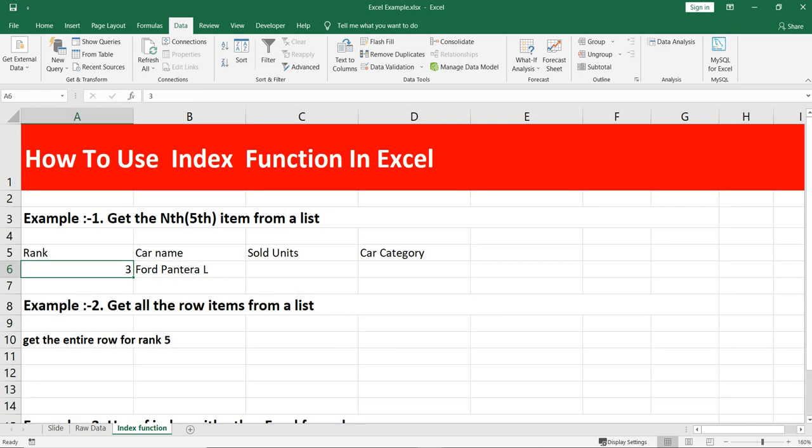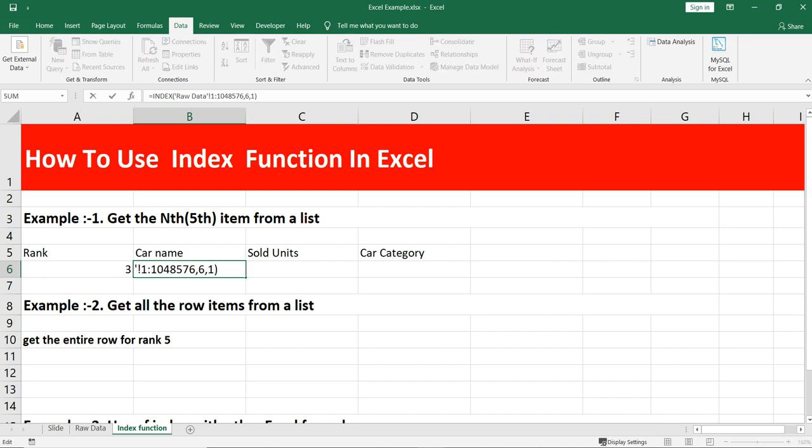So instead of hard coding the row number parameter, we will put a dynamic row number based on the rank. We need the rank 3 car name, and we know that the 3 is present in this cell A6.